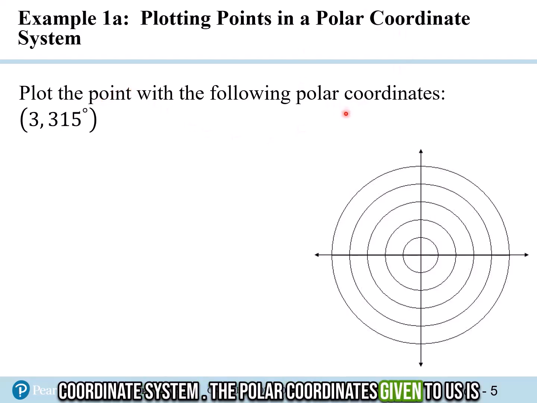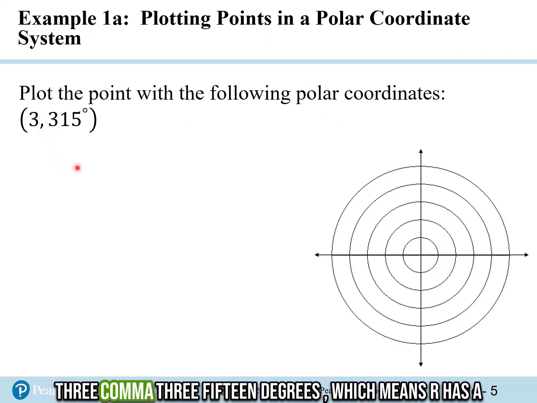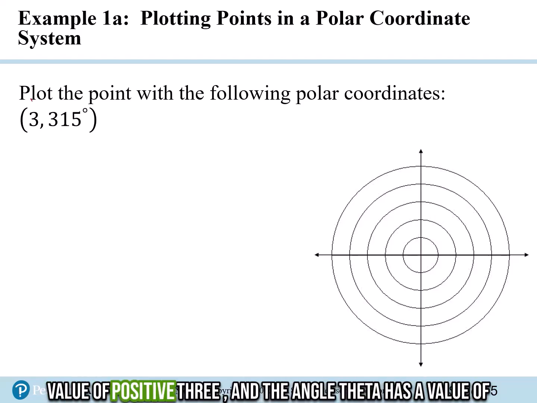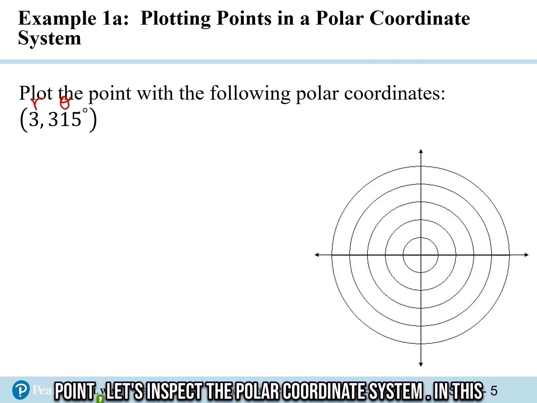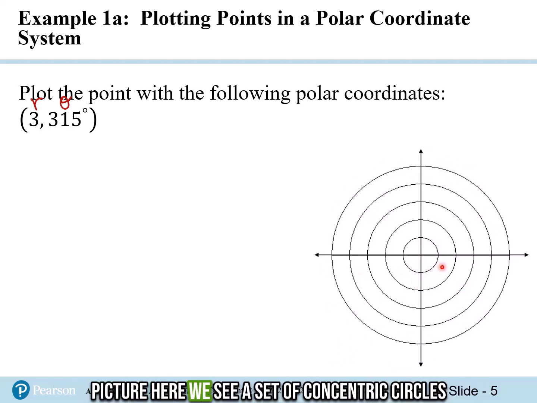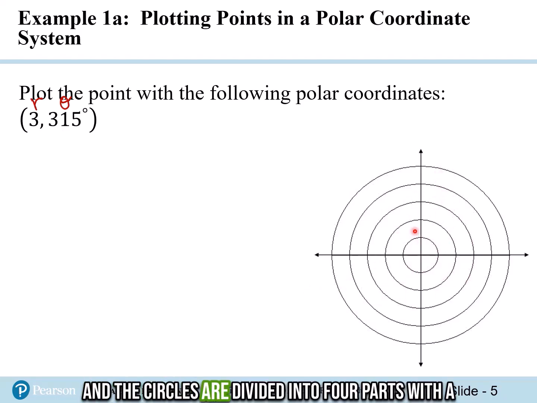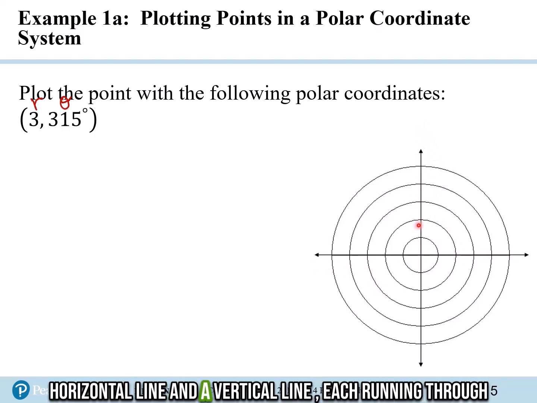The polar coordinates given to us is 3, 315 degrees, which means r has a value of positive 3 and the angle theta has a value of 315 degrees. Now, before we start plotting the point, let's inspect the polar coordinate system. In this picture here, we see a set of concentric circles. The circles are divided into 4 parts with a horizontal line and a vertical line, each running through the center